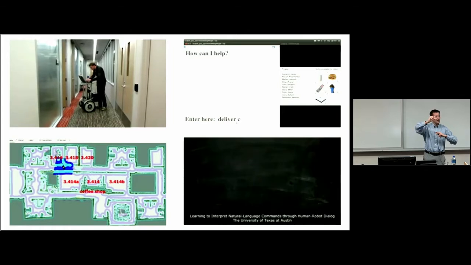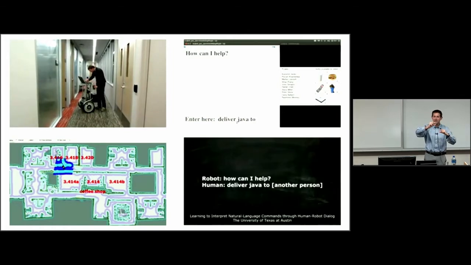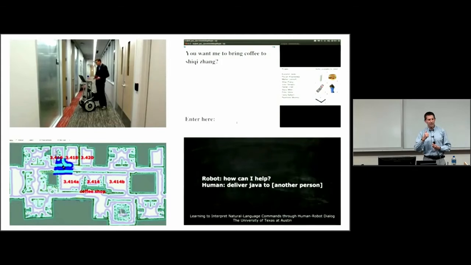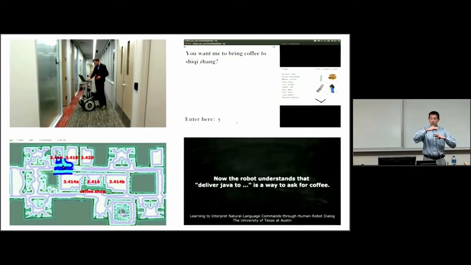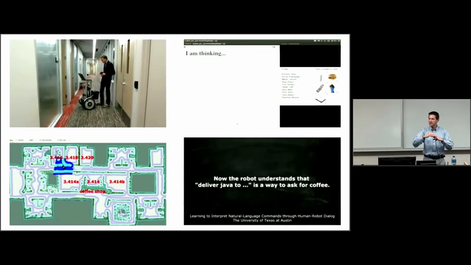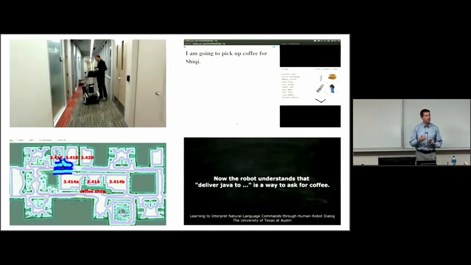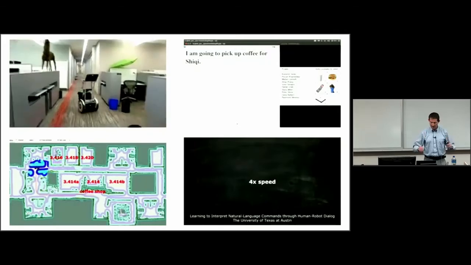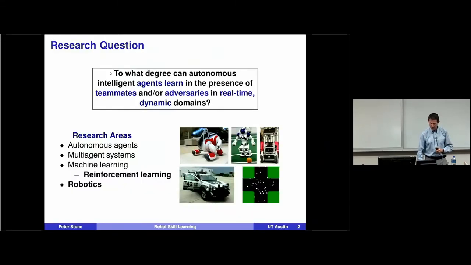At the end of the dialogue, it would understand what the person meant, and then it could use all of the previous statements as training examples for the end meaning in a grounded language learning context. By the end of the week, we were able to document that the robots were able to use shorter dialogues, complete the tasks at a higher rate of completion, and people were less frustrated with the interactions. And so this is just one example of the research that's driven by this larger project.